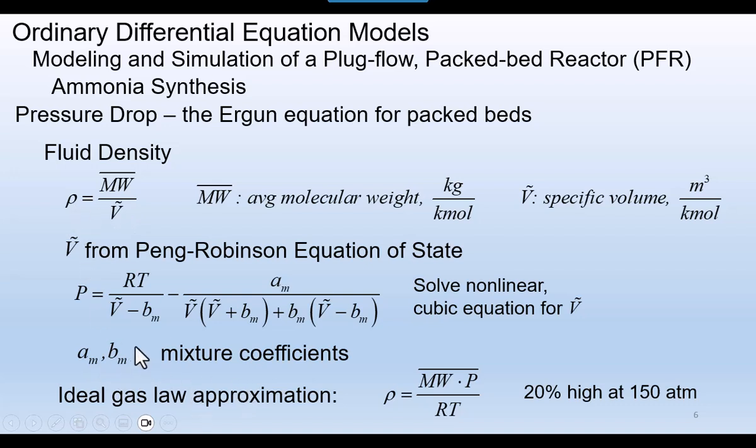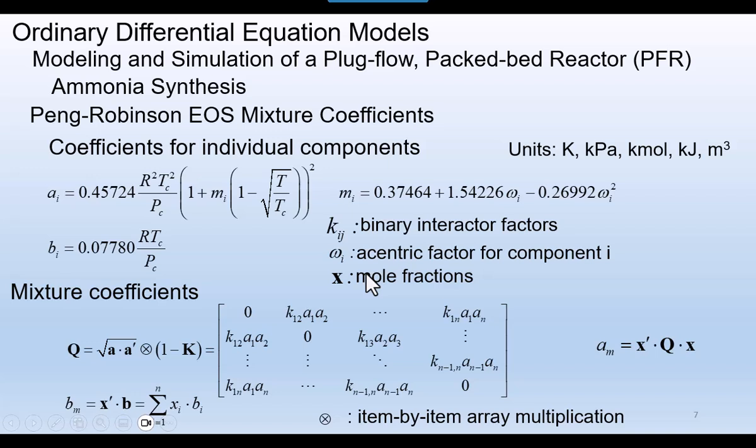And we have to figure out how to handle the mixture coefficients. I denote here that if we only use the ideal gas law, it would be very simple, but when we're operating at 150 atmospheres, the ideal gas law is off by as much as about 20%. So it's important to consider a more realistic equation of state. And then we move on and we talk about these mixture coefficients, and we're getting down into the details of